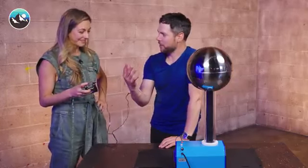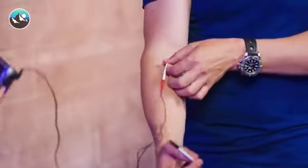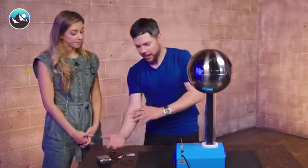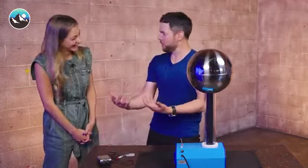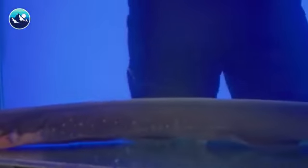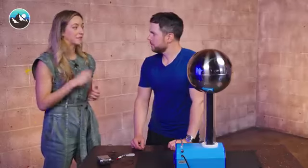I still need this hand for another eel shock. So we needed to find a way for everyone at home to see the shock from the eel because obviously right here, you could see that I was feeling the current. You could see the lightning bolt from the Van de Graaff, but you can't really see anything happening with the eel shock. How can we maybe visualize it? Yeah, so we've got one more thing set up to be able to see there's actually electricity running through the